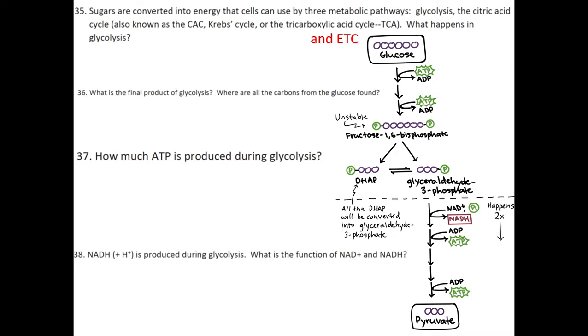We're going to talk about first how we convert sugar into energy, okay, because this case is about sugar. All right. So sugars are converted into energy that cells can use, which is ATP, by 3 metabolic pathways. They are glycolysis, citric acid cycle, which is also called Krebs cycle, TCA, or tricarboxylic acid cycle. Okay,